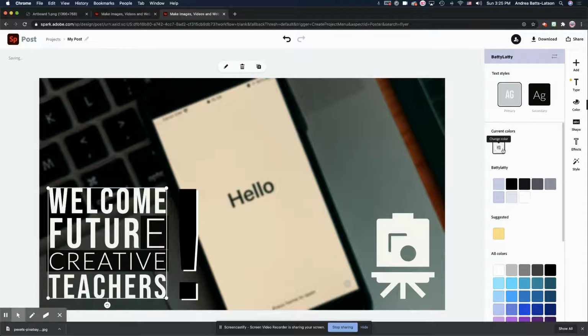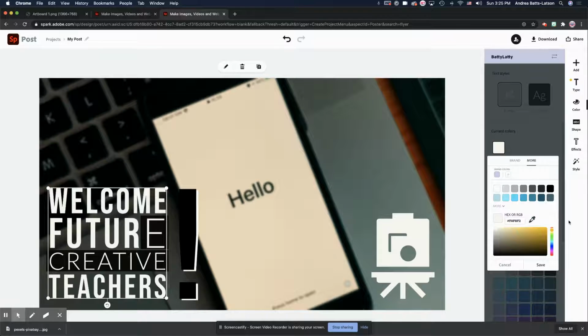If I click on it and I can see the color, whenever you have a color and you see this little white circle and the little lines inside of it, you can click on that and then you can actually get the hex number of that color. So if I wanted to, I could copy that number by hitting Command C or Control C, and then I can paste it in when I click on this color. Or